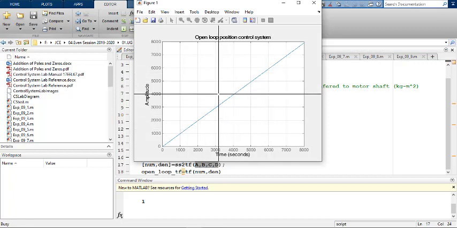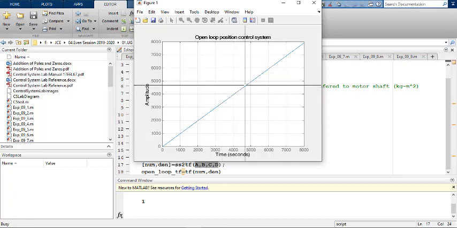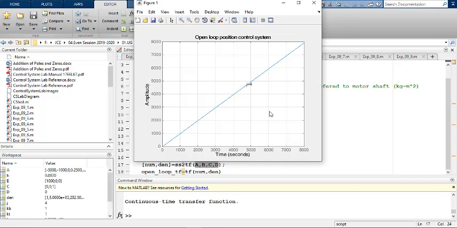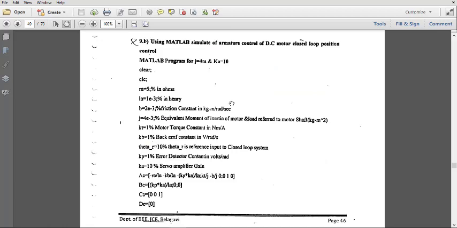Okay, so you have this figure. You can see wherever I click, that text will be pasted. So I click here, j equal to 4. Okay, so this is the second experiment. For the next experiment, the value of j is kept at 4 and the value of ka is changed to 10. Okay, and this is the MATLAB code. The program remains the same, only certain variables are changed and you are going to plot those variables.